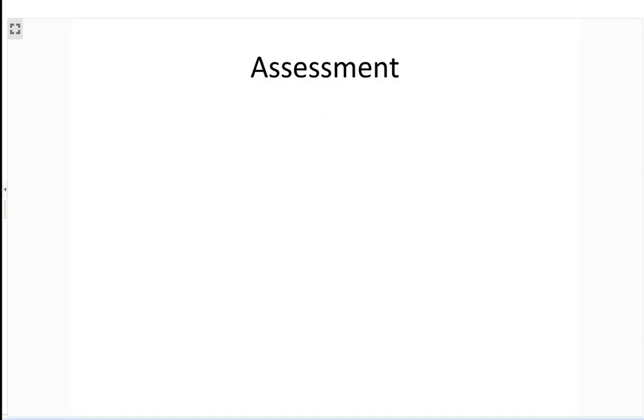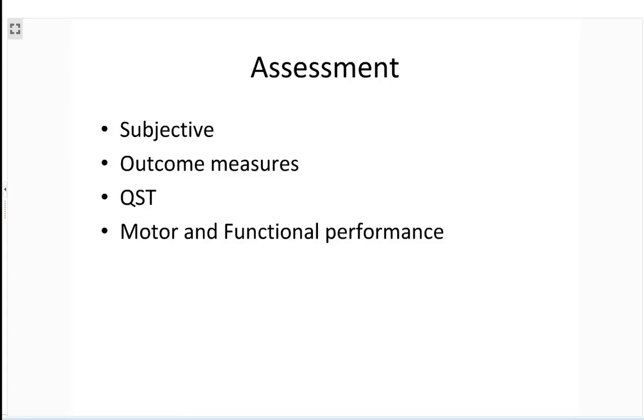So what can we look at from an assessment point of view? Certainly, we don't want to count out these ideas of normal range of movement assessments, mobility, all of those sorts of things, palpation skills, but we need to go a little bit further than that. The best thing, obviously, is going to be a good subjective assessment,